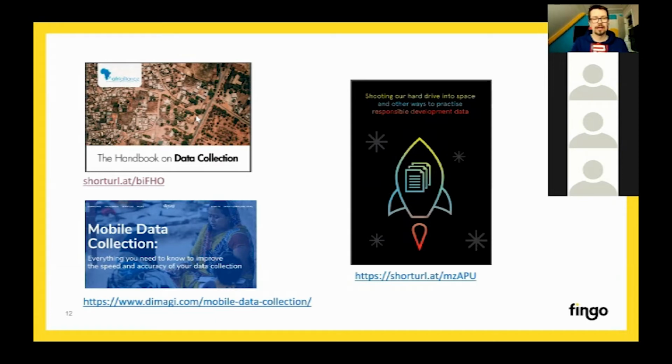And so now, to start experimenting, I would recommend taking the Kobo Toolbox because it's free, open source. Read the handbook on data collection that you'll find here. And then for data analysis and visualization, use Excel because it works quite well. Once you have started with those, you can start building and seeing what else you need. But with these tools, it's possible to start quickly with a minimal budget and